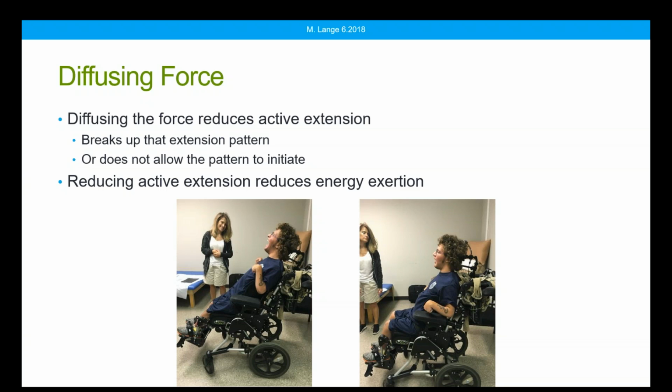So here on the left, Spencer is showing us just how much force he has. He is standing up in his wheelchair, but he's in a Kid Rock here. The Kid Rock is a dynamic seating system that's no longer available. It was discontinued, but it provided movement at the back and at the knees at the same time. And the seat moved upward to help the client to return to a neutral position. So despite this huge extensor pattern, Spencer, boom, lands back into position,